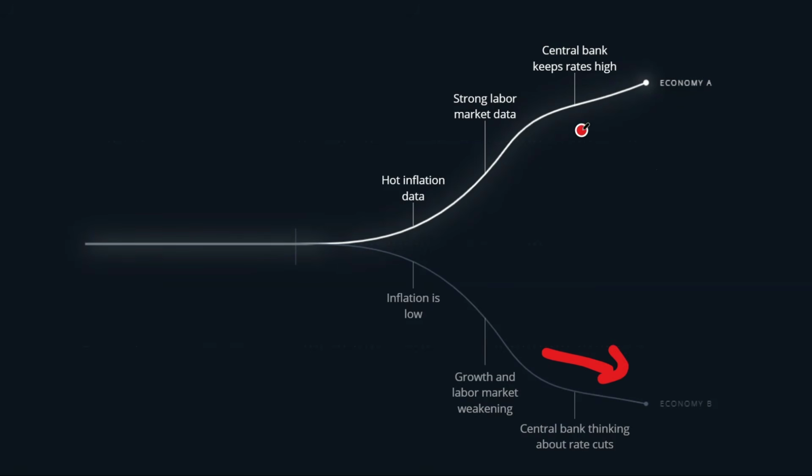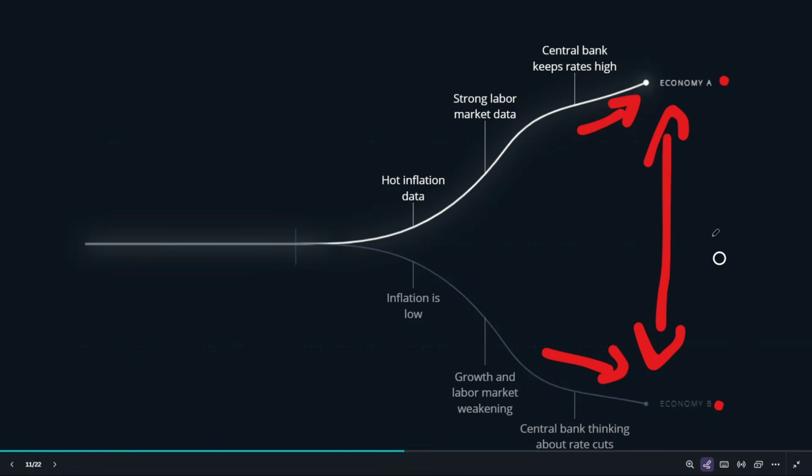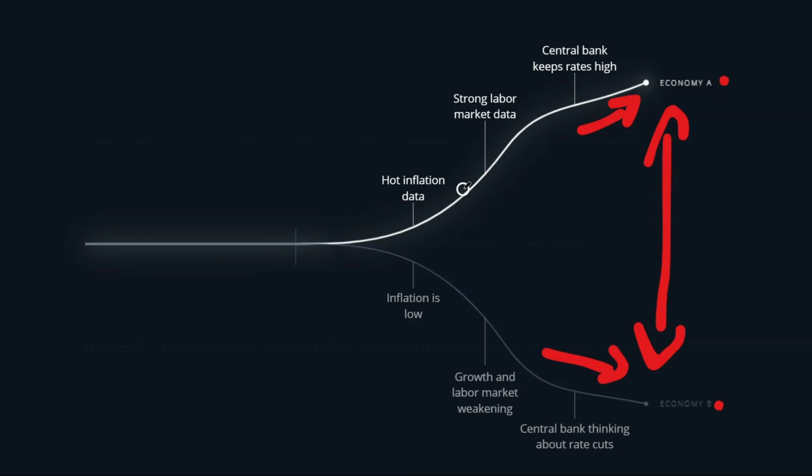Now, it doesn't take a genius to understand that these trains are moving in completely opposite directions. That gap between these 2 trains, obviously these 2 economies, is what we call a macro divergence. And when you find a country in one context, a hawkish context, and you find another country in the opposite context, a dovish context, then that's when currency A versus currency B trends perfectly, because the underlying economic forces of those two countries are pulling in completely